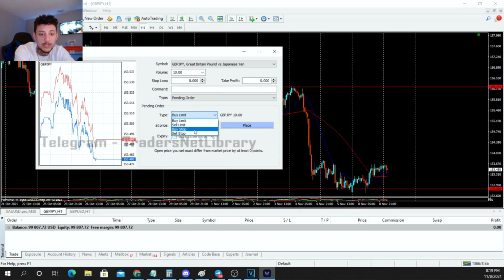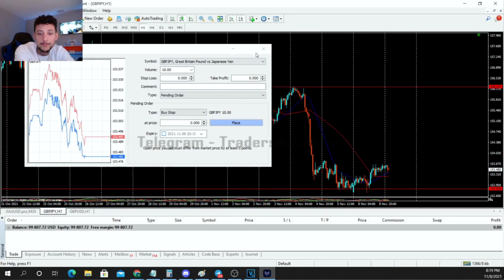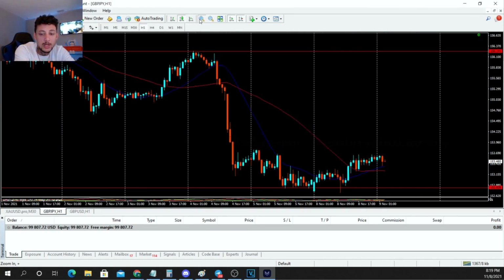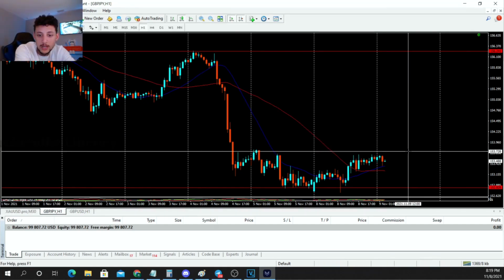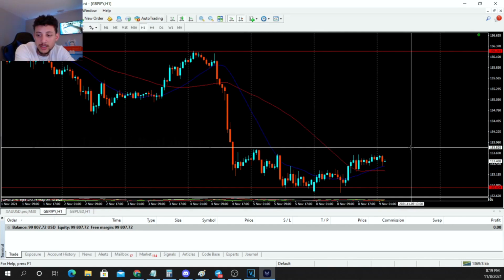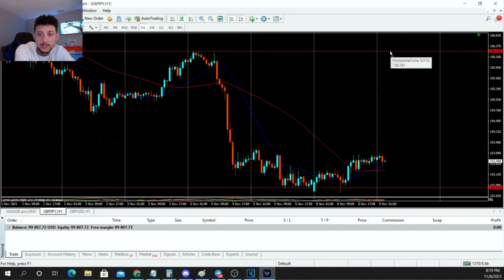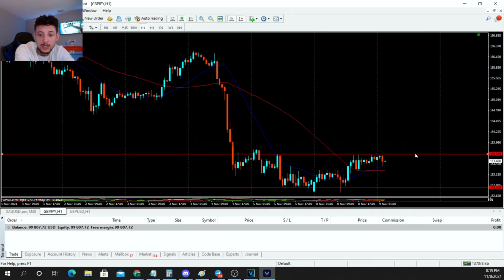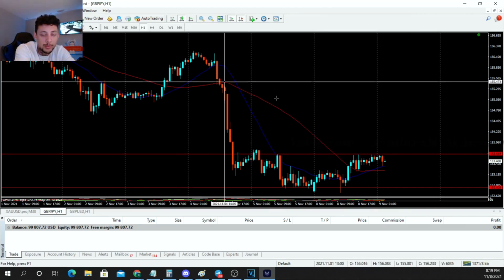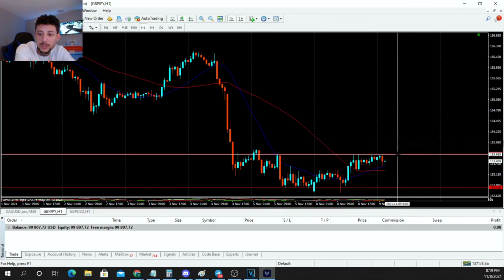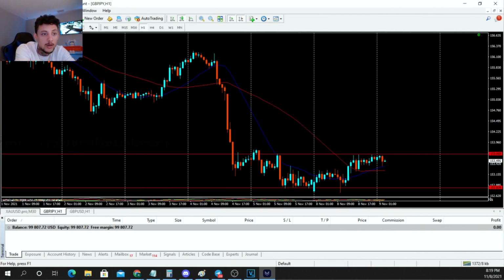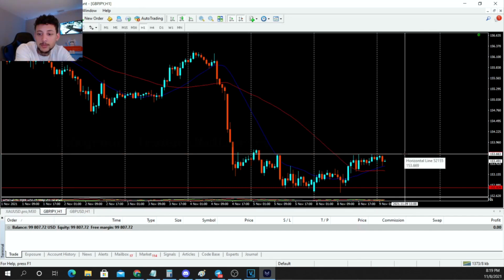So let's just say we want to enter a buy stop, right? Now the way a buy stop is actually going to work is that let's say I want to get in the market when price breaks this resistance here, right? Let's just say this is resistance right here, and you want to get in when price breaks above it, 10 pips above it, right? So now 10 pips from this resistance is going to be